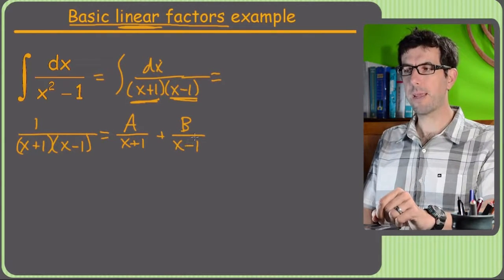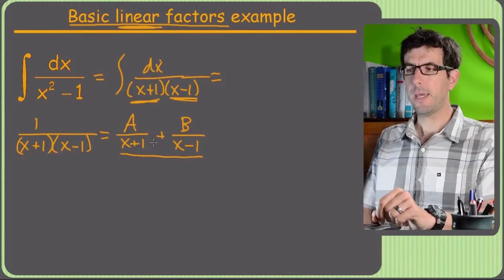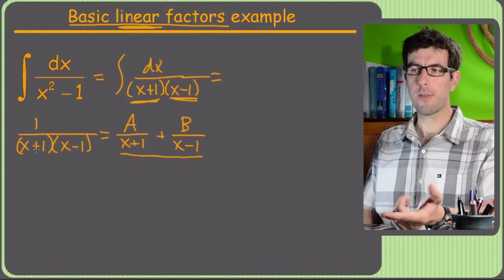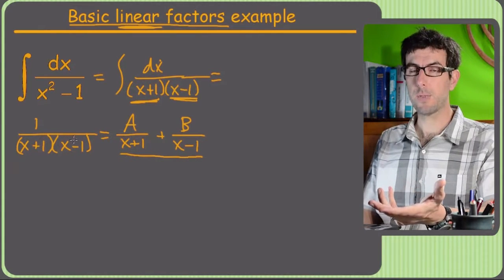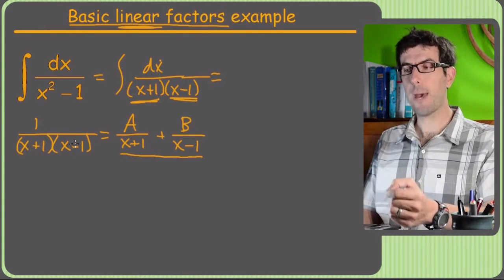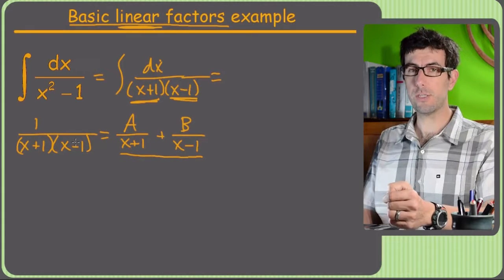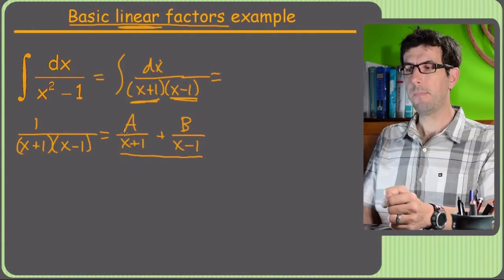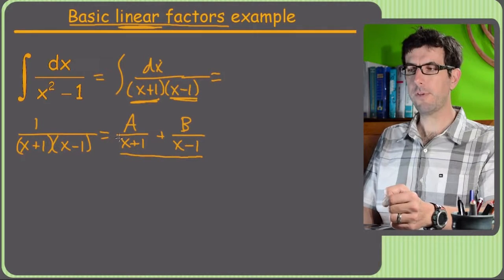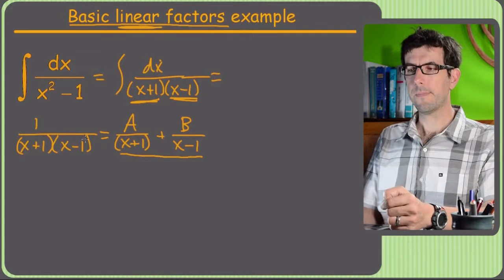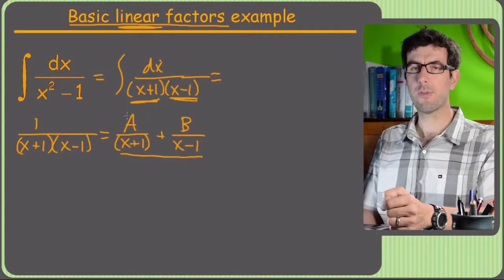So I want to find a common denominator between these two fractions on the right. And of course, that common denominator would be the one that's already on the left, x plus 1 times x minus 1. If you don't remember this, definitely go back and check out the rational equations chapter in algebra 2. But basically, if you look at this first fraction, it's got an x plus 1, but it's missing the x minus 1. So to put this A term over the common denominator, I'm going to need an x minus 1. And